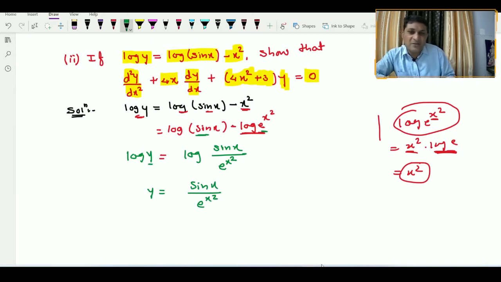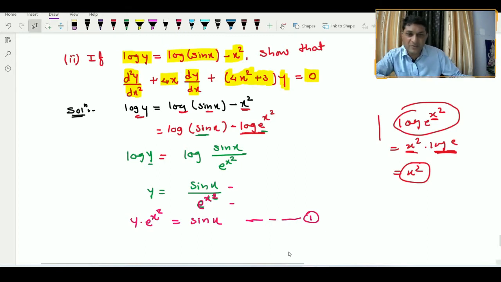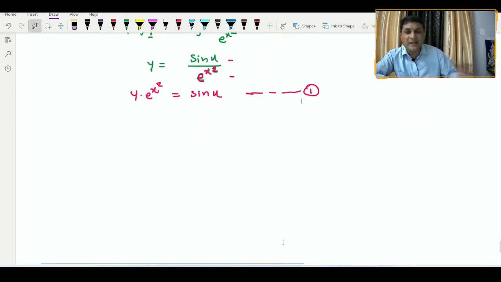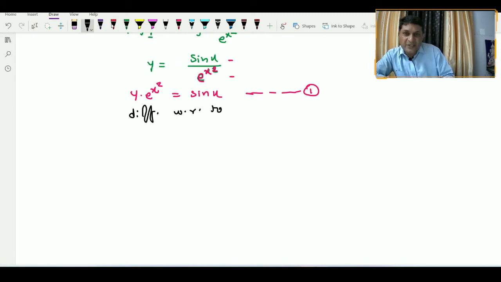So now we are able to differentiate, but to find out differentiation of this side, we have to apply quotient rule. So better way, we will give priority to what? Product rule. That's why I'm shifting this term on the left hand side. It will get multiplied with y into e raised to power x square will be equals to sin x. Now the function is in the simplest form. Better way denote this value by equation number first, and let us try to find out its derivative. Now differentiate it with respect to x.